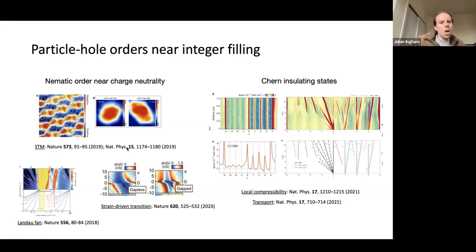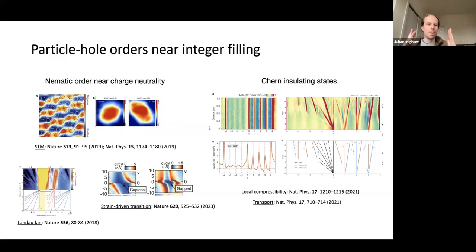The Chern insulating states are easier to detect in local compressibility because if you have a very disordered sample, you can have puddles in which the insulator forms, but then disorder-induced conductive channels, and transport kind of measures like the average